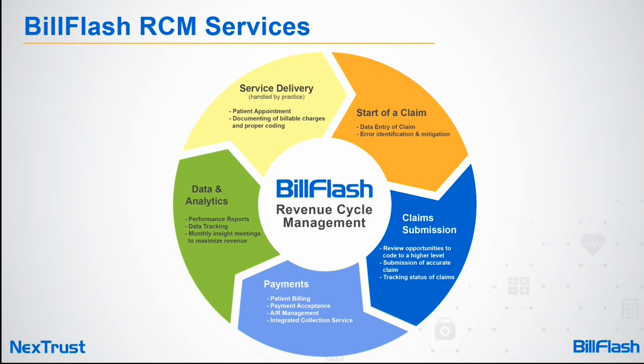So let's talk about the revenue cycle that we're providing. It really is a cycle that starts with the service delivery, where a patient appointment is taking place and documentation is happening during the appointment of billable charges and ensuring proper coding. So that means you're either entering those charges through the note in your EHR, or many practices are still utilizing